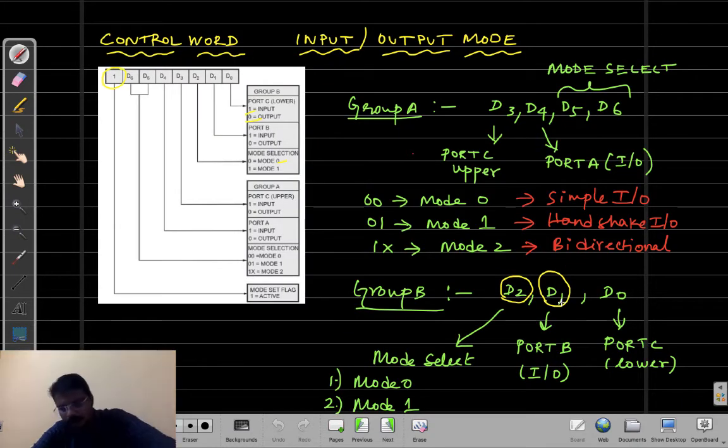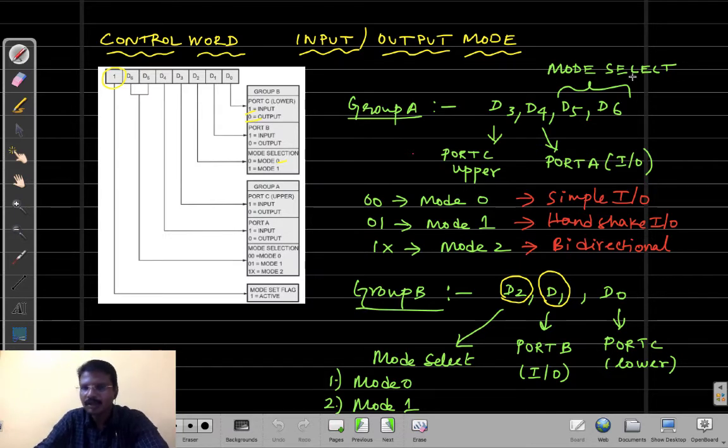Now coming to the input output mode of 8255. When I say input output, all three ports can work as input output, which are port A, port B and port C. First, coming to group A. Group A can be accessed by writing contents on the bits D3, D4, D5 and D6. The D5 and D6 bits together work as mode select bits.